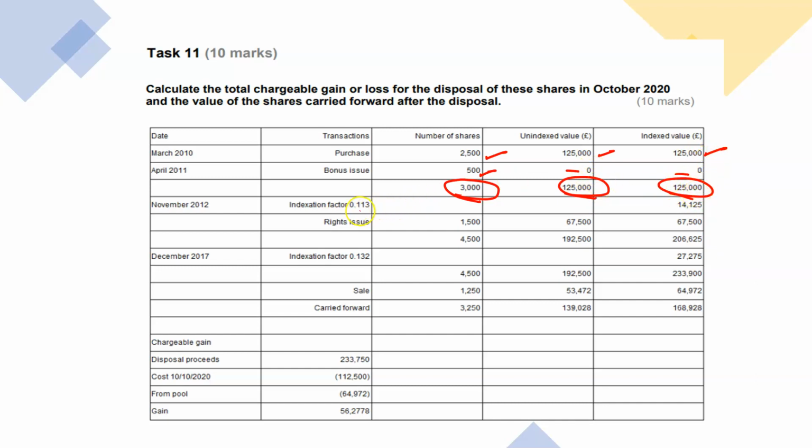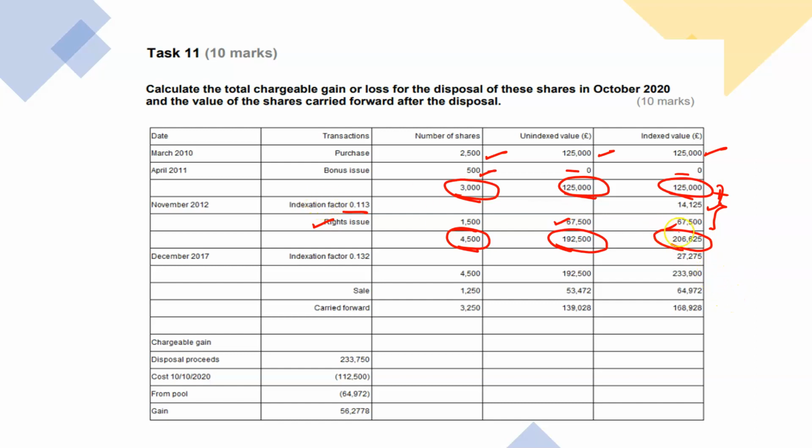But then you see what I said there. We now create the indexation on the day of the rights issue. So we now have that indexation on top of this 125, as well as what value came in as a result of the rights issue, right? And that's the rights issue here, on the day itself. And then we now have a total of 4,500 shares with the unindexed value, of course, as well as adding all these three items together to get this.